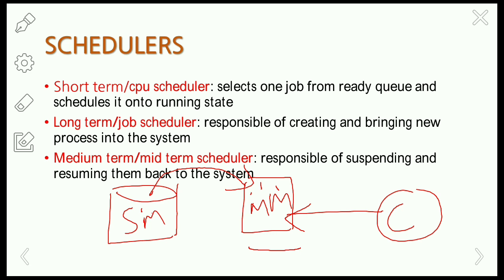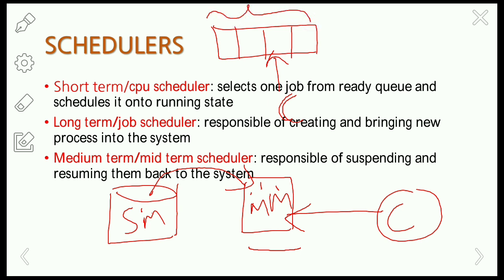And in the main memory, in the case of the ready queue, if your process is ready to execute, you can consider the ready queue as a main memory. The main memory will have a set of processes to execute. If your CPU points to a particular program, then it will start executing, right? So all the processes in the ready queue are ready to execute. If your CPU points to a particular program, then the process enters the running state.